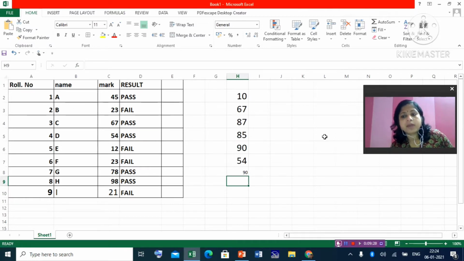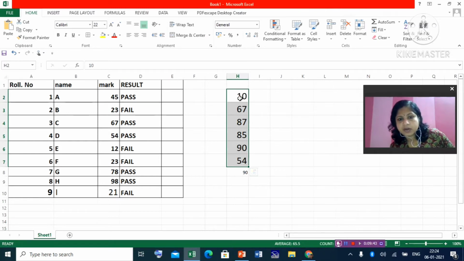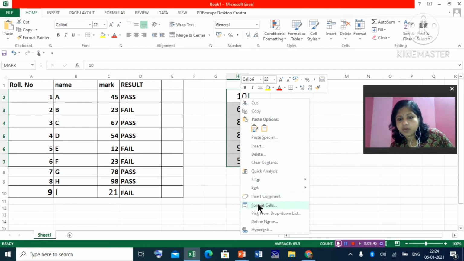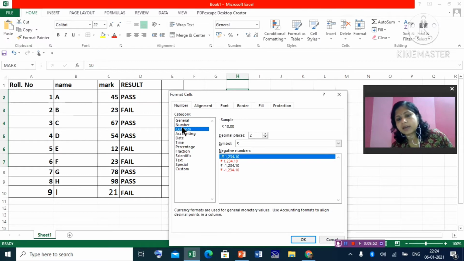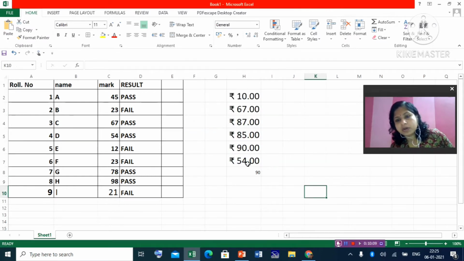Now come to the formatting of data. Clear? Suppose, how to format the data and what is the use of it. Let us take this data. You want to make it currency. Okay, so right click, go to format cells. Here you want to make it currency. Select currency. What type of currency do you want? Different formats are showing, negative numbers also. Suppose the second one I have selected. This is the format in which I want my data to be presented in the worksheet. So now you see it becomes currency type data.